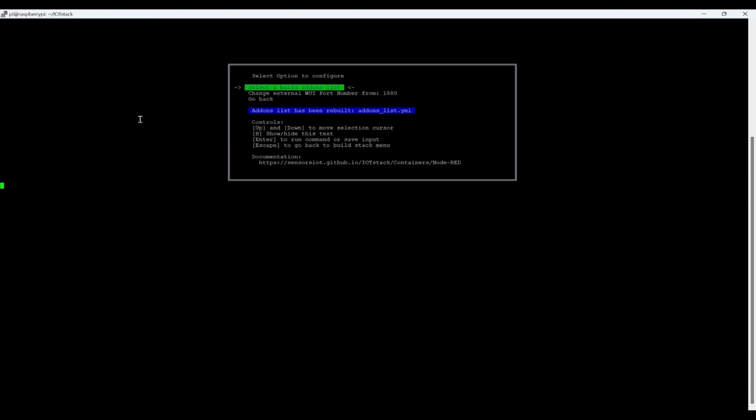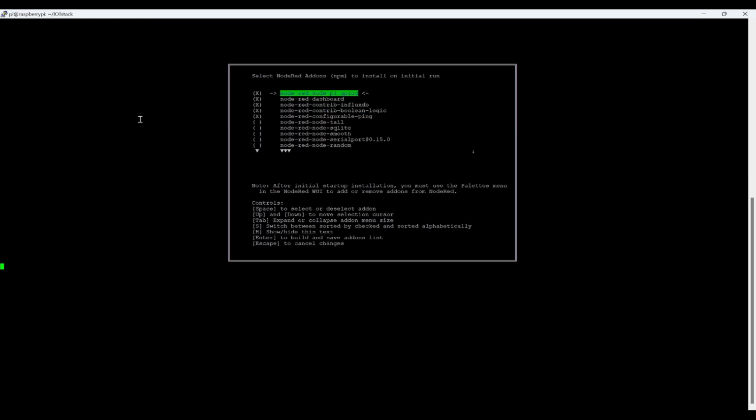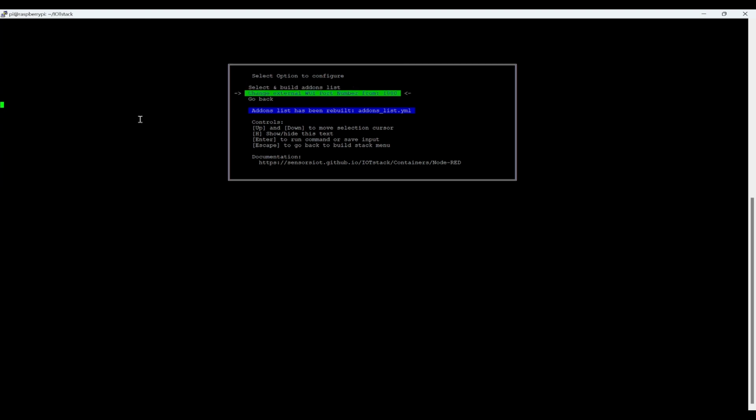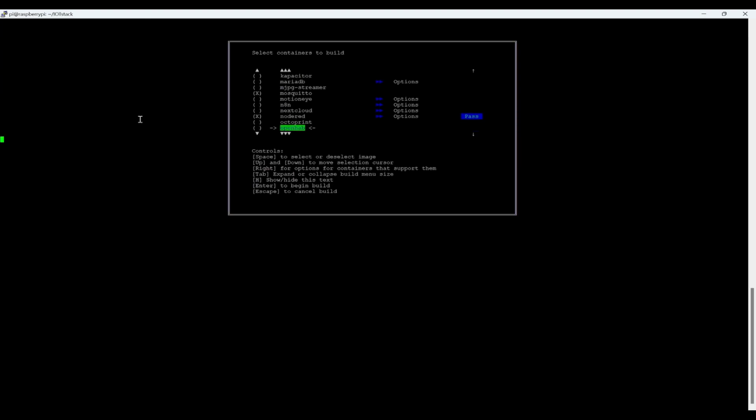Then press enter to go back. Now the issue might have gone. That's it, so now I can press enter to build.